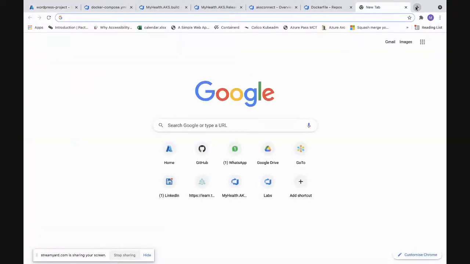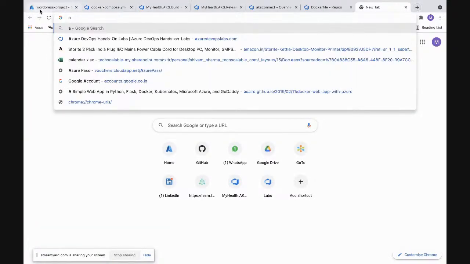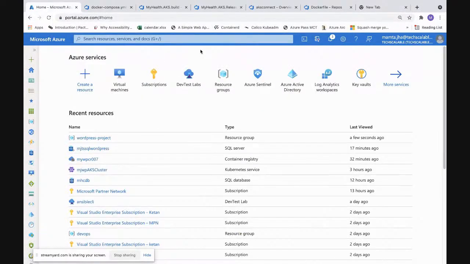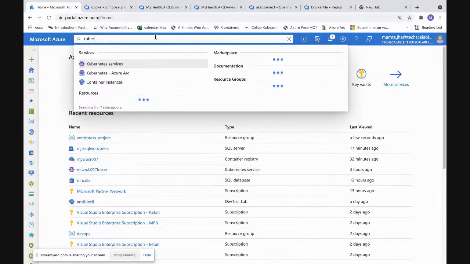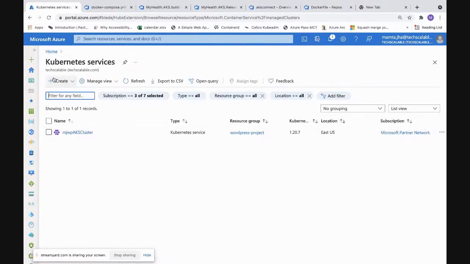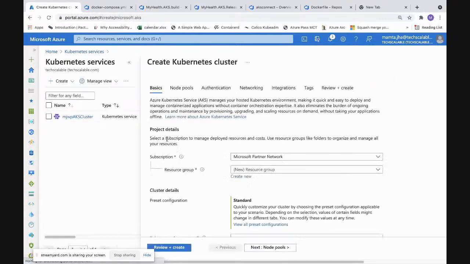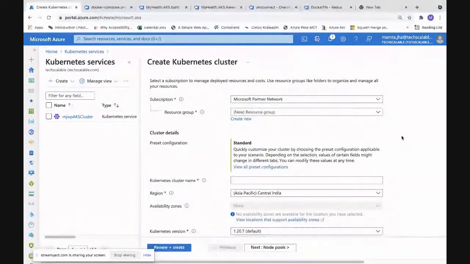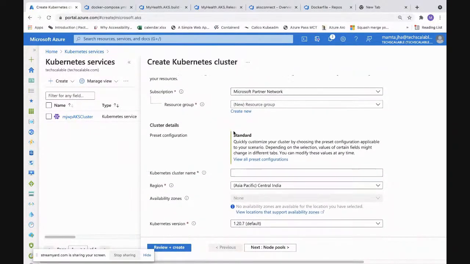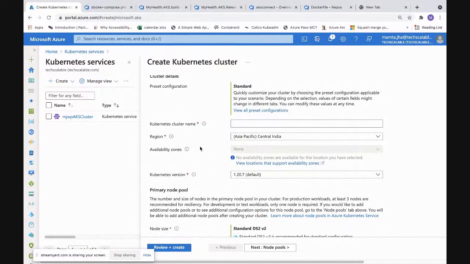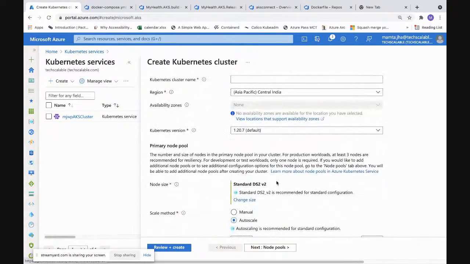It's pretty simple to create an ACR and AKS. It's not that difficult. You can create it from here. You can say Kubernetes, and you can create it from here. You can go ahead and create it, or there are simple commands with which you can go ahead and create it. I'll just give you the commands. There is a link wherein you can find the commands. I'll share the link in a while. So here you are saying in which subscription, in which resource group, what is the cluster name, in which region, what version of cluster you would be deploying, and what type of nodes you would be having in them. You can go ahead and do that.